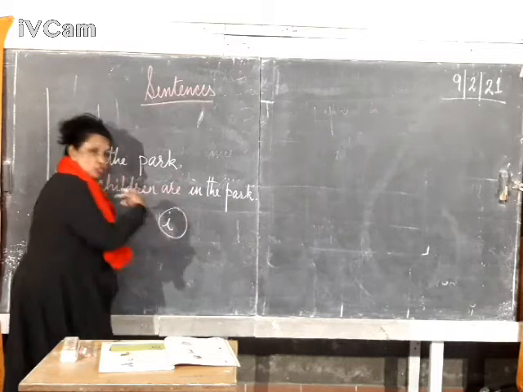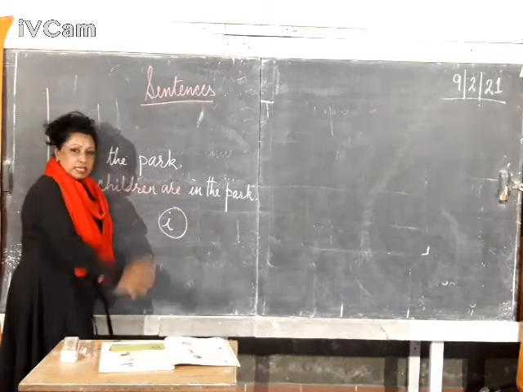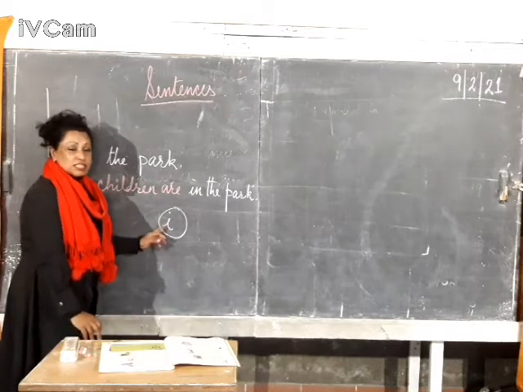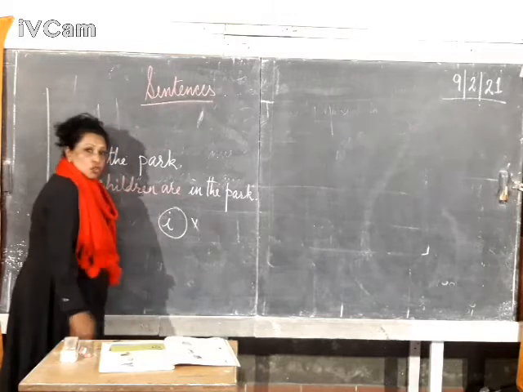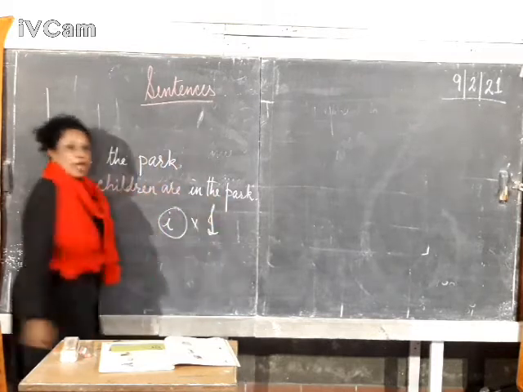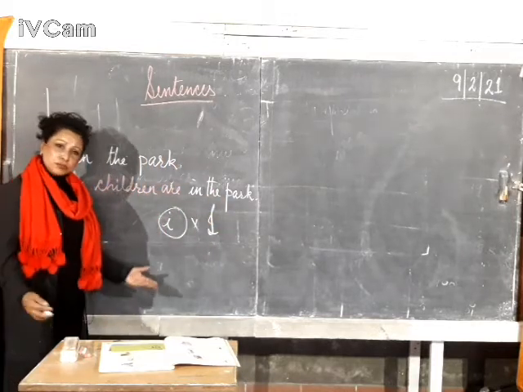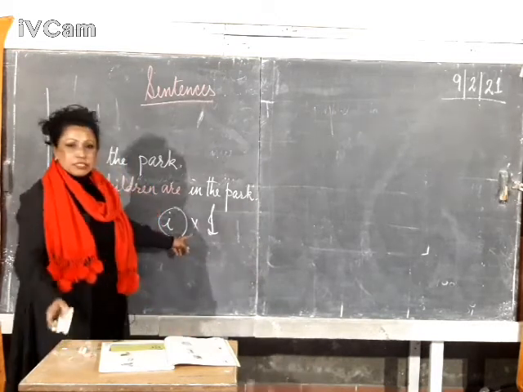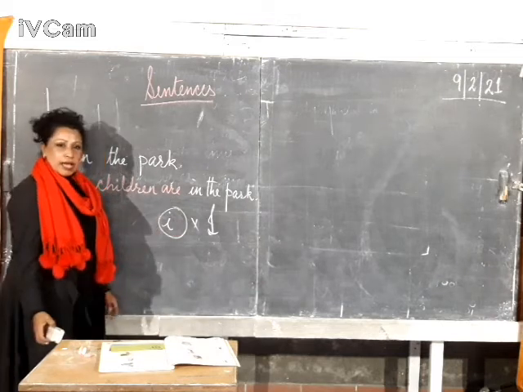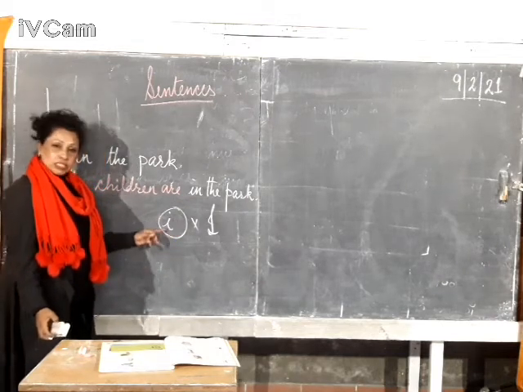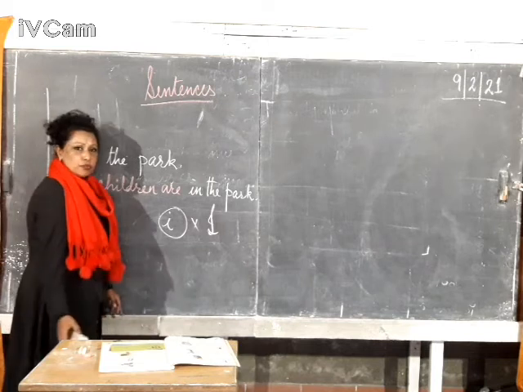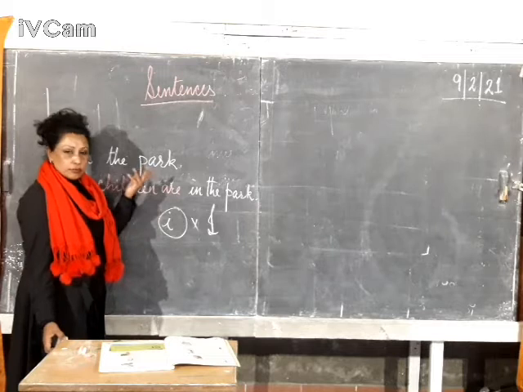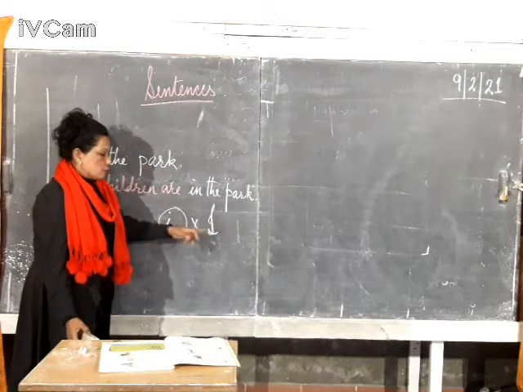When you're talking about yourself, I did this, I went there, I'm talking with my sister, whenever you write I, this is not the way you write I. This is wrong. You always write I with a capital I, even if it's in the middle of a sentence. Alright? So please remember this. I just wanted to say this because last year I found most of them writing I this way. So whenever you write I, you always write it with a capital letter, even in the middle of a sentence or at the end of a sentence. When you talk about yourself, you always write I with a capital letter.